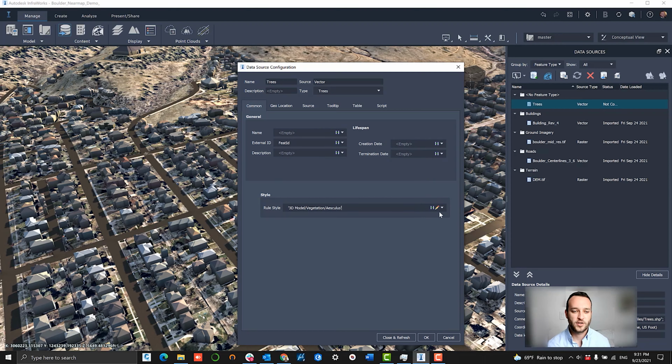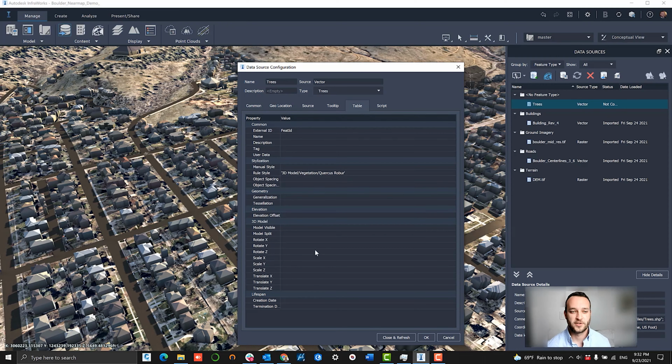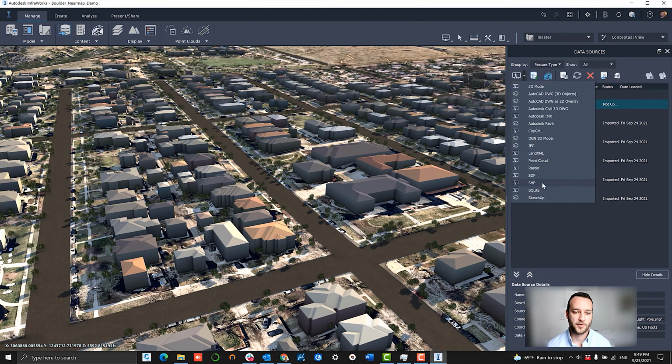So we're going to select our tree model that we want. I know that this is a pretty decent one. I've used it a number of times as well. Confirm our geolocation. We're going to drape the object on top of our terrain. And again, we're going to use this table setting for object spacing and object spacing variance to distribute these tree models within our workspace. So we're just going to give this a second to load up, and then we'll jump right back in. All right, so as you can see, we have 3D tree objects now that have been distributed among our canopy envelopes, and this adds a nice extra piece of depth to our model.